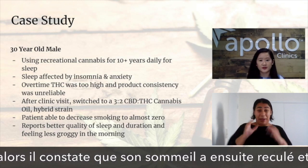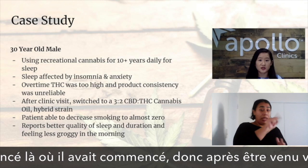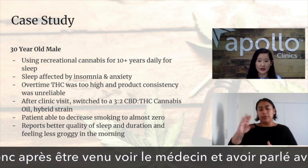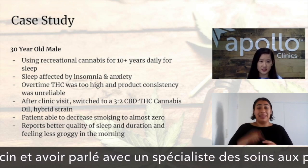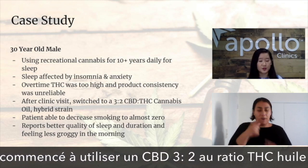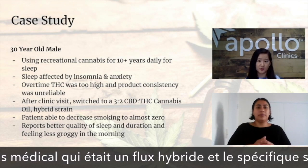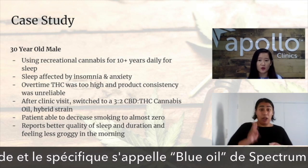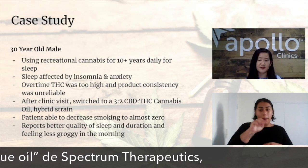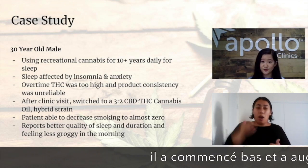So after coming in to see the doctor, and speaking with a patient care specialist, he started using a 3:2 CBD to THC ratio medical cannabis oil that was a hybrid strain. And the specific one is called Blue Oil from Spectrum Therapeutics. He started low and increased slowly over time, and he found that 0.6 milliliters on average 2 hours before sleep